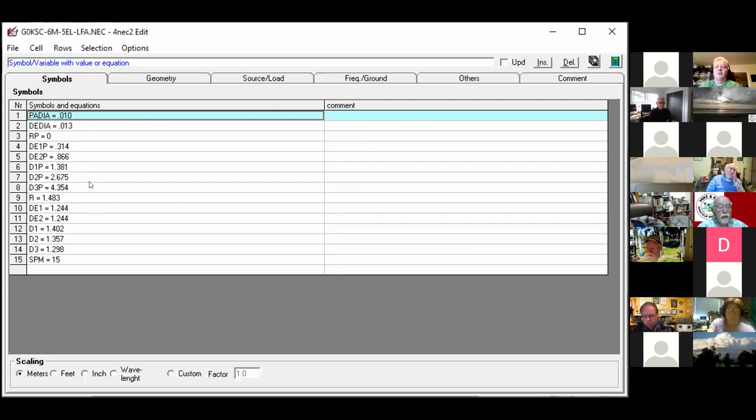So the boom length is 4.3 meters, so 14 feet, 15 feet, something like that. Nice size antenna, definitely manageable. Okay, so the R, DE1, DE2, D1, D2, D3 are all about the lengths of the elements. So these are the actual lengths of the elements in meters for each of the elements, and this came right off of the G0KSC